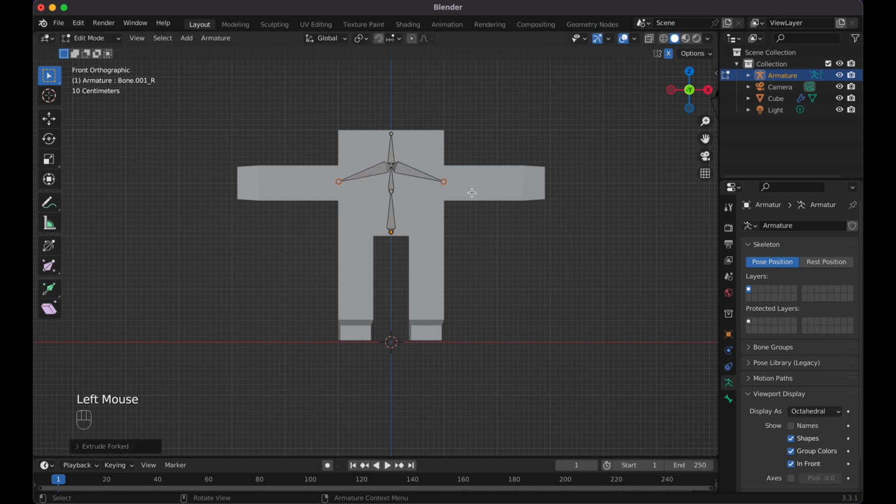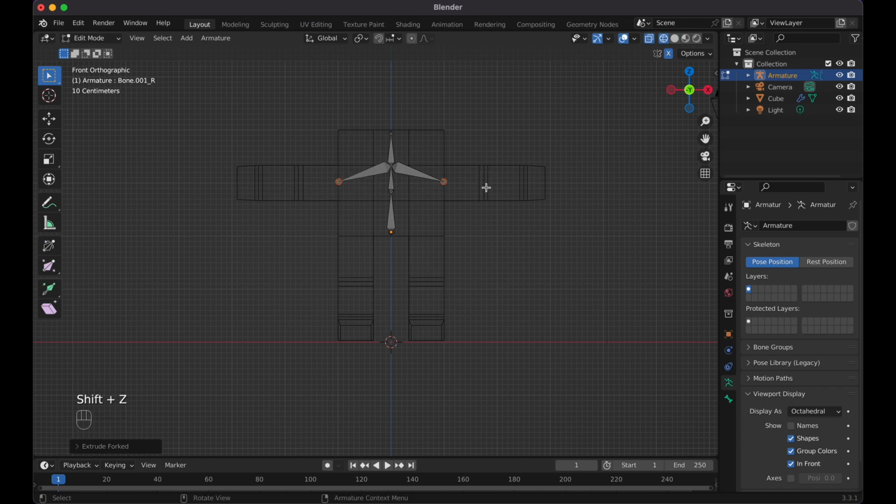And then what I want to do is do Shift Z, so we can see exactly the loop cuts we added for the joints. So now I can do E, and stop it like right in the middle here. E again, and then E one more time. And then same for this hips. Let's do Shift E,